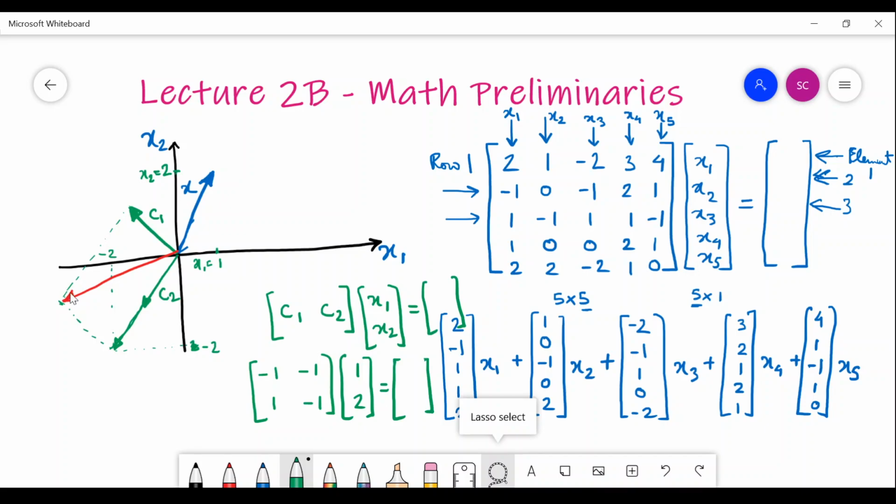Another way of understanding is, from x1 and x2 you get the scaling on the columns of the operating matrix, and then you add them up in order to get the final vector. Both these understandings are important, and both will reveal some important knowledge and ideas about matrix operations as we keep on doing them. So with these ideas, now we can go ahead a bit. So let us move ahead.